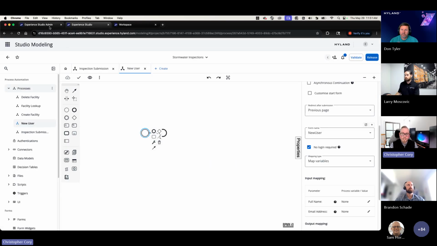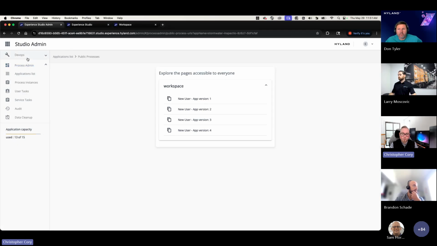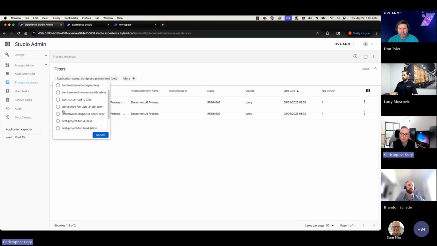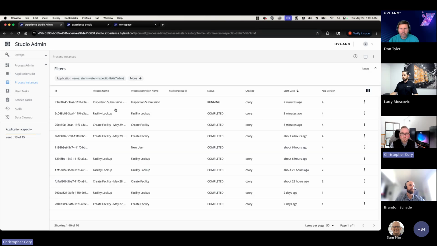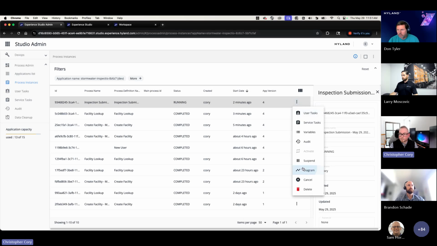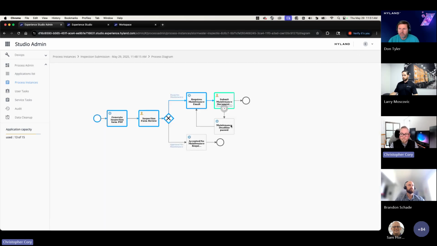But another thing that the customer in question wanted was the ability to perform different types of notifications, evaluate deadlines, those sorts of things. So to take a look at that, we're going to go into our process instance here. We'll take a look at the stormwater process, and we will go into our running inspection submission and take a look at that diagram. So here you'll see we have a very basic example set up for an initial email,